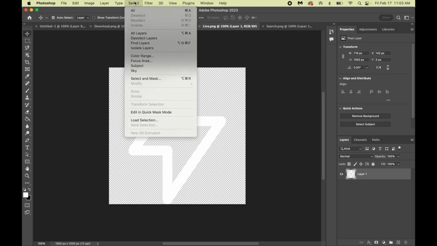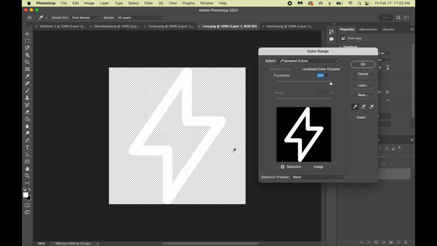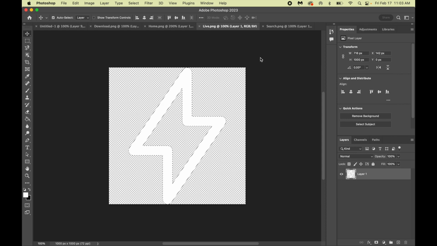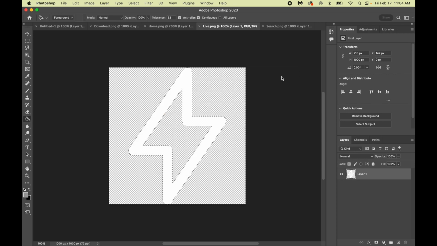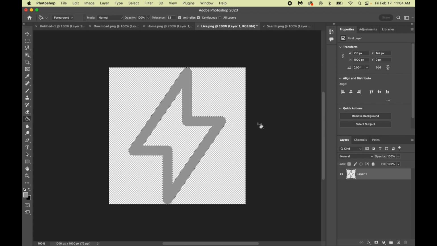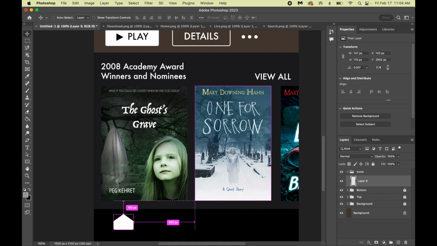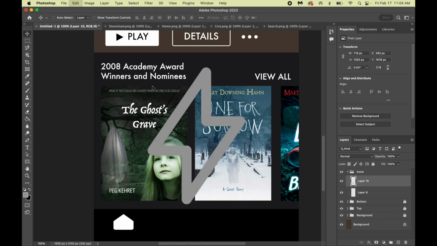So what we are going to do is we are actually going to select a color range. And we want to select the white color range, which is already there, but I can select elsewhere too, but I want to select the white color range. And I am actually going to fill that with a gray because, like I said before, this is our tab that is not currently being used. So I'm going to go with this gray, and I'm going to fill it in, and then I am going to copy it, bring it on over, and I'm going to paste it,